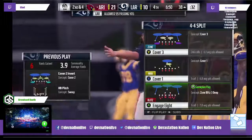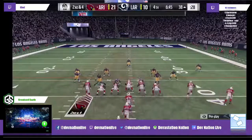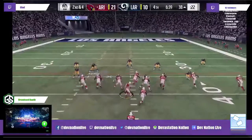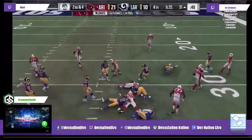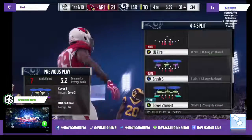Kind of the key here. Grind out some yardage, work on that clock, see if you can continue to tick it down. Definitely, you want to bleed things out at this point, right? Continue to possess the football, gain some yardage. All right, looks like Shane might have ran commit there, as there was pancakes being served all over the field on the halfback lead drive. 7-yard gain for Mike, and